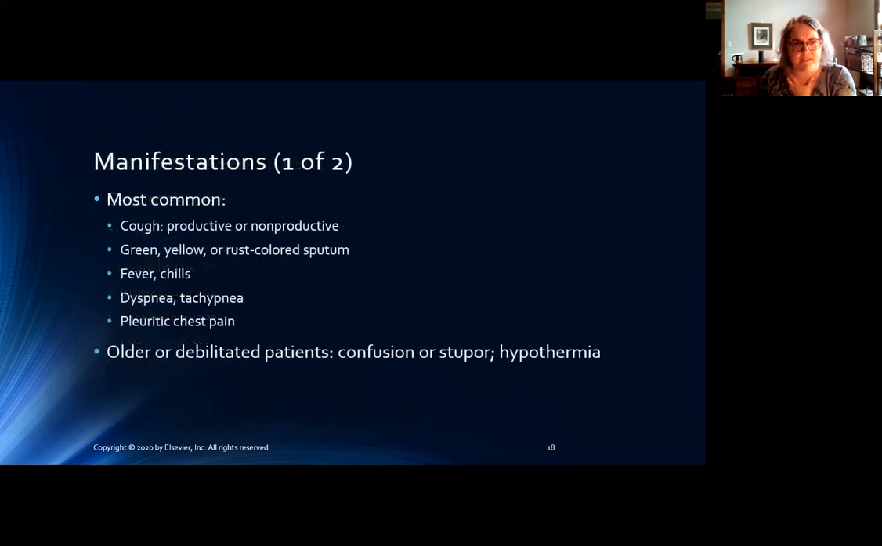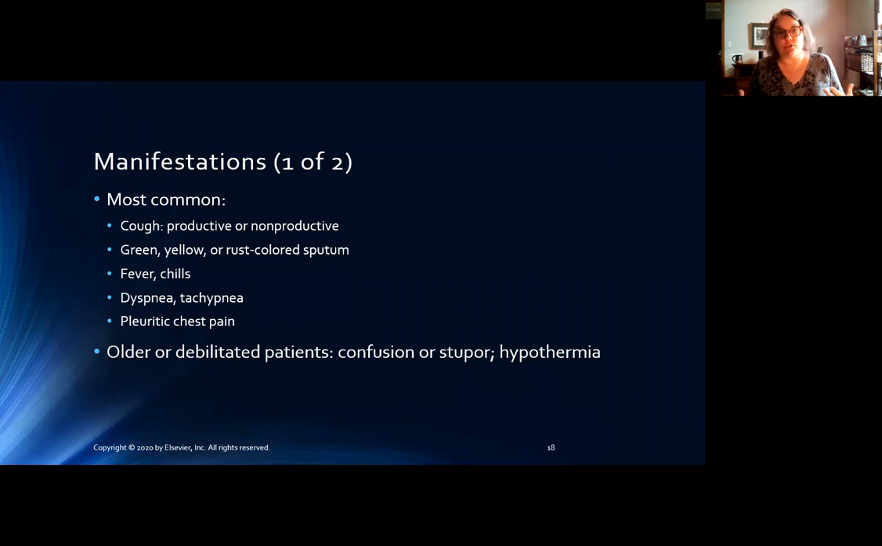So the most common manifestations are a cough. Either they're getting stuff out, productive, or they're not getting anything out, non-productive. It could be green, that beautiful sputum could be yellow, or it could even be rust colored. There could be fever and chills associated with this, painful breathing, lots of breathing, dyspnea, tachypnea, and then we could have some pleuritic chest pain, where it's not necessarily like myocardial chest pain. We'll get to that later in the semester, but pleuritic chest pain